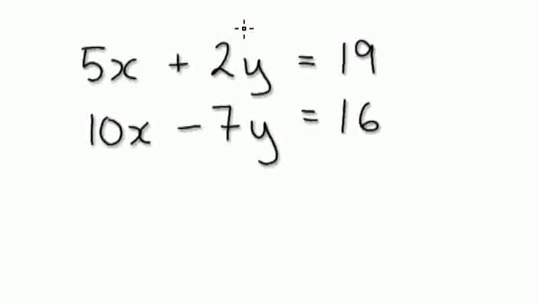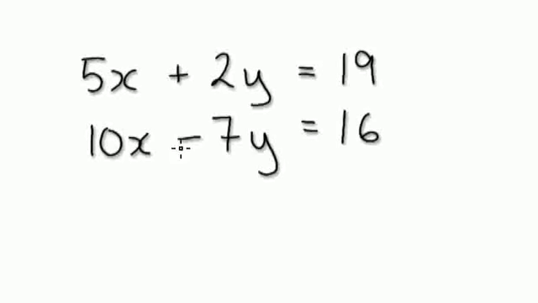Okay. Another example here. You've got to have a quick glance to see which is the easiest way to simplify. You could eliminate y here. If you times this by 7, and then if you times this equation by 2, then you can add it. You can eliminate y by doing that. But it's better just to times this equation by 2, then you will have